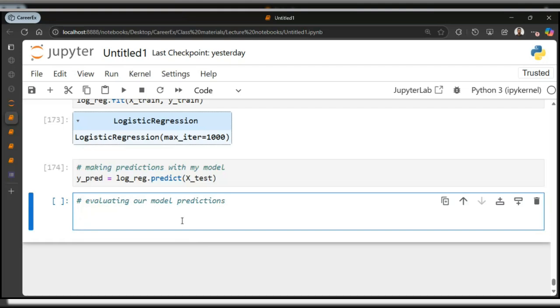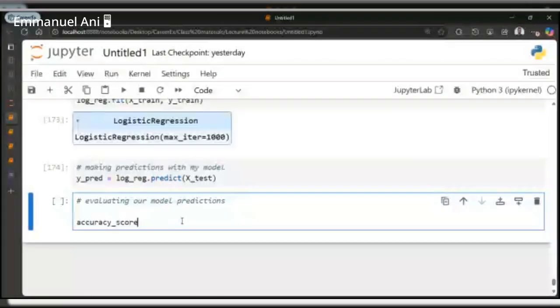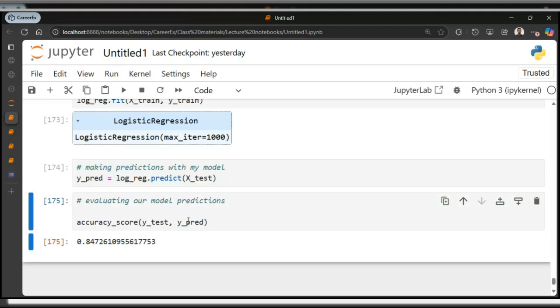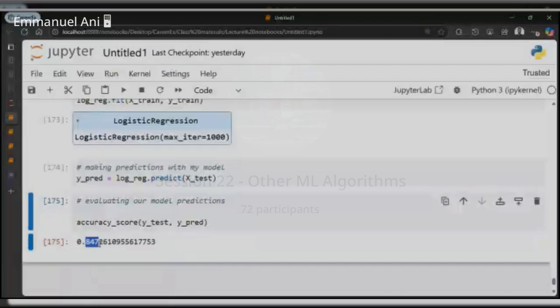The first thing you have to do is get your accuracy score. The accuracy score is computed from y_test and y_pred. You can see that our accuracy score here is 84.7%, which means the performance is good.